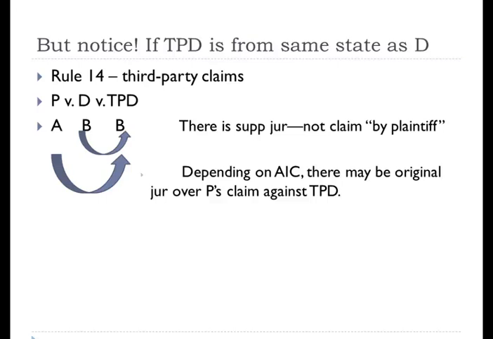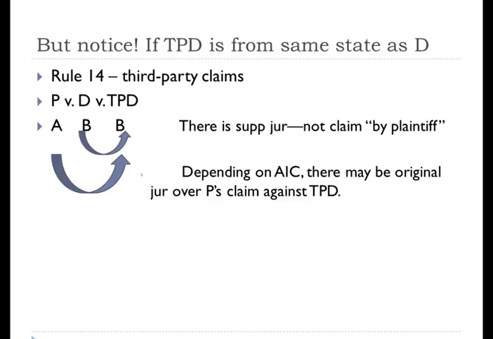Does the it claim, plaintiff versus defendant, and the wannabe claim, defendant versus third-party defendant, do these two claims arise from the same transaction or occurrence? Let's assume that they do. You probably couldn't have a third-party claim that didn't. So we assume the answer to number 1 is yes, they arise from the same transaction or occurrence. So we go on to step 2. Is the original claim, the it claim, in federal court solely on the basis of diversity? Well, yes, it is. So then we have to go on to step number 3.